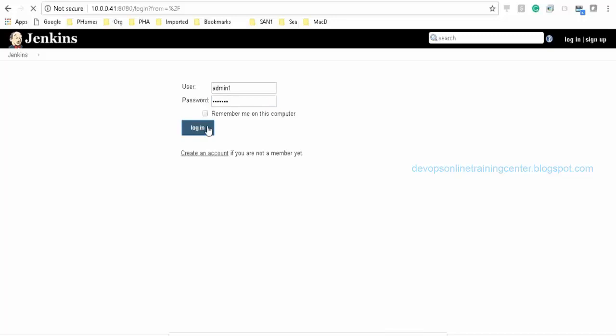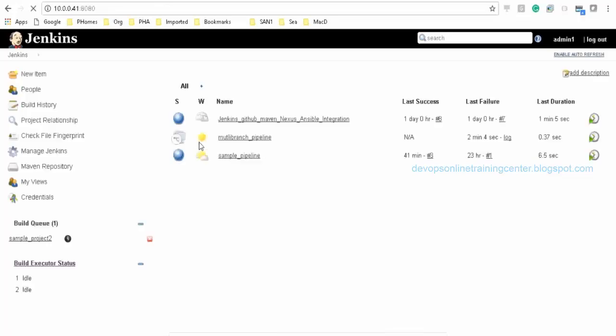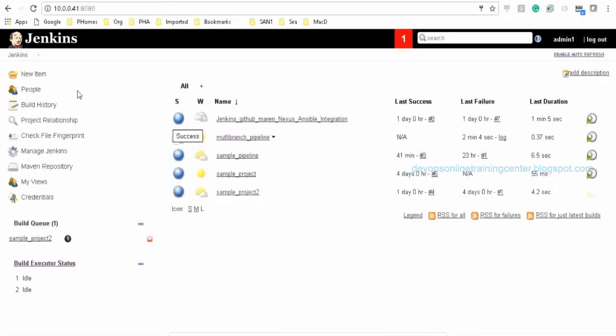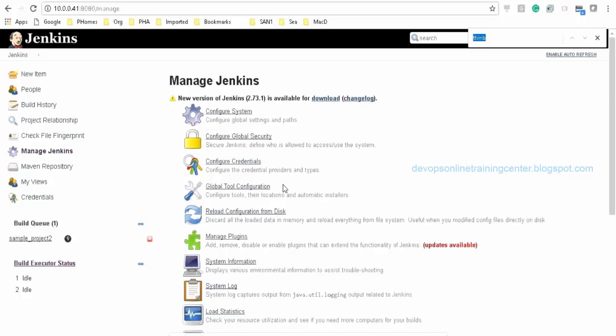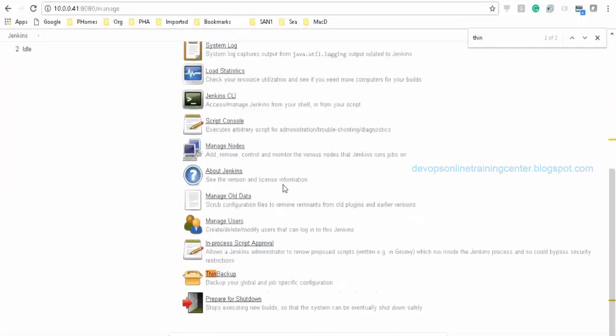Which job is running, the slave's information, repository information, all that stuff. So that we need to have in the slave. Backup.